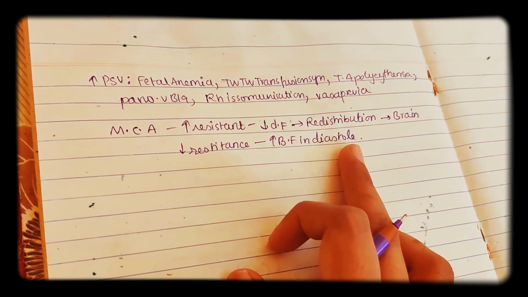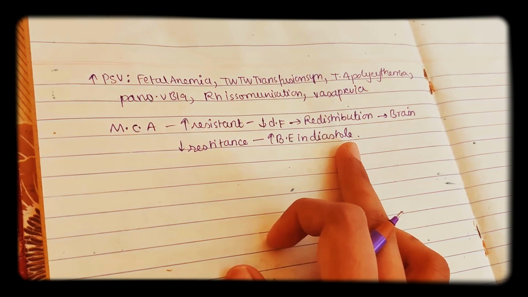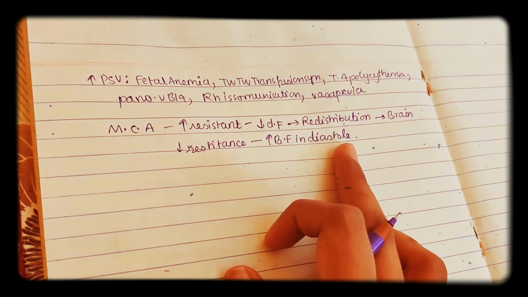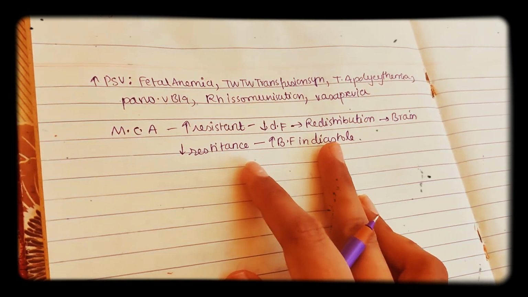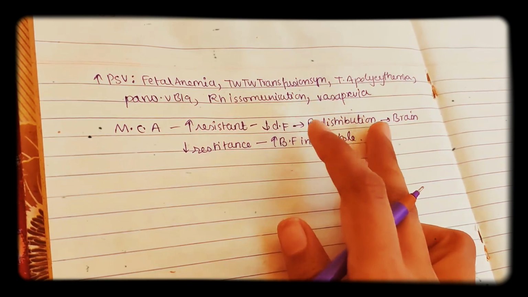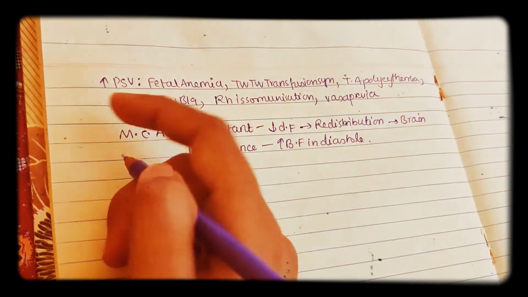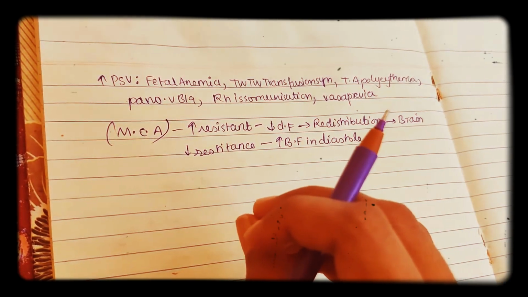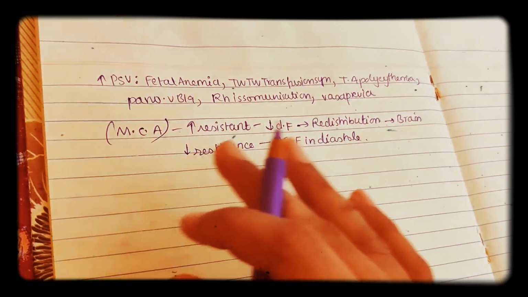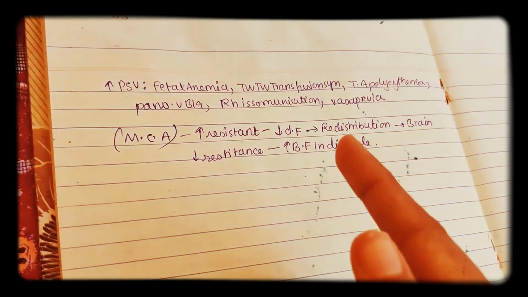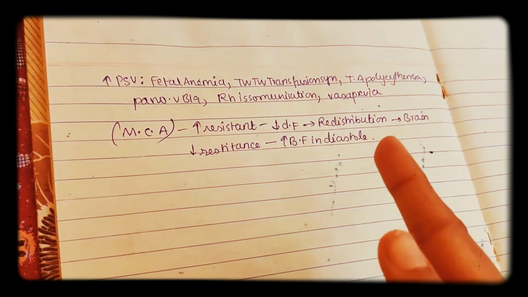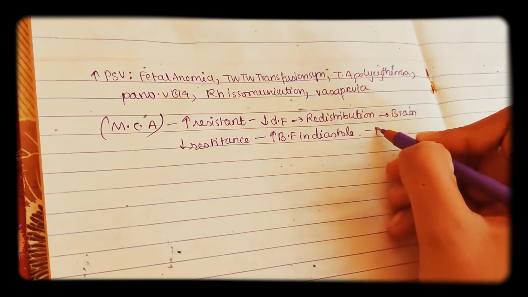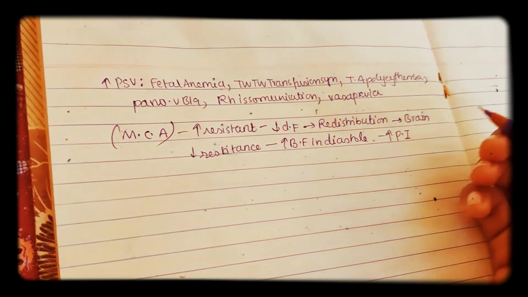But coming to the uterine artery and umbilical artery, there you will not see this, because they are very high resistance arteries, so there will be low diastolic blood flow. But here, as the blood is getting redistributed into the brain, that's why especially in the middle cerebral artery, because it is in the brain, right? So only in this artery you will see, especially in IUGR, there is increased blood flow in diastole also. So because of this, there is an increase in diastolic flow in hypoxia and also increased pulsatility index. Okay, so increased pulsatility index also.